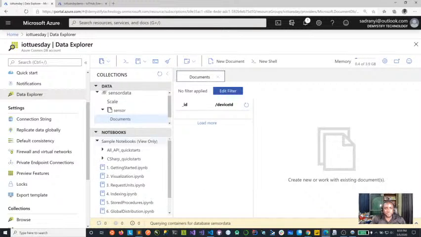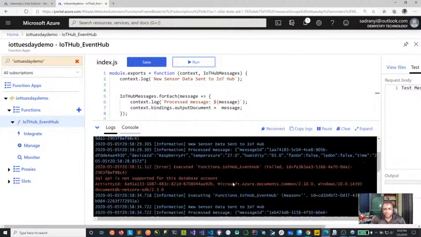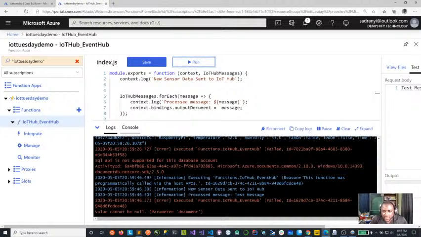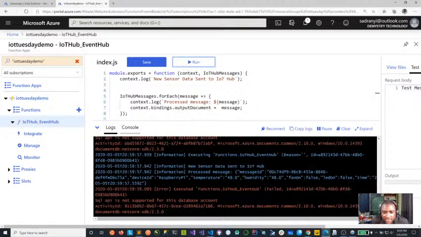Okay, so let's go back to, and where is that? The testing failed. Okay, so there's something happening here. It says that what? The parameter value cannot be null. Document, what's happening? Okay, let's run this and see. Okay, yeah, so data came in, temperature. As you can see, temperature, humidity was here. But then in saving it, it says,